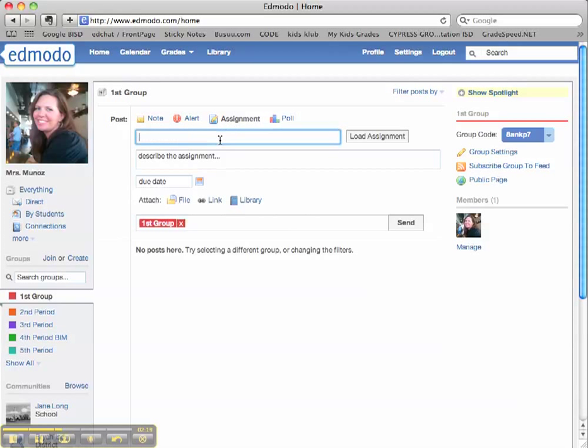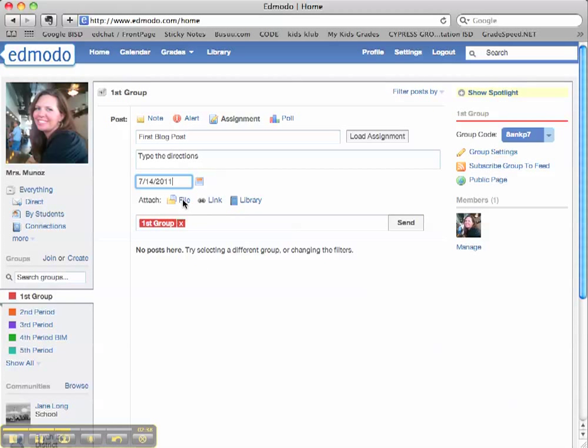You click on assignment, you describe, or you name it, and then you click on describe assignment. So this is where you would type the directions, and then you would choose a due date,